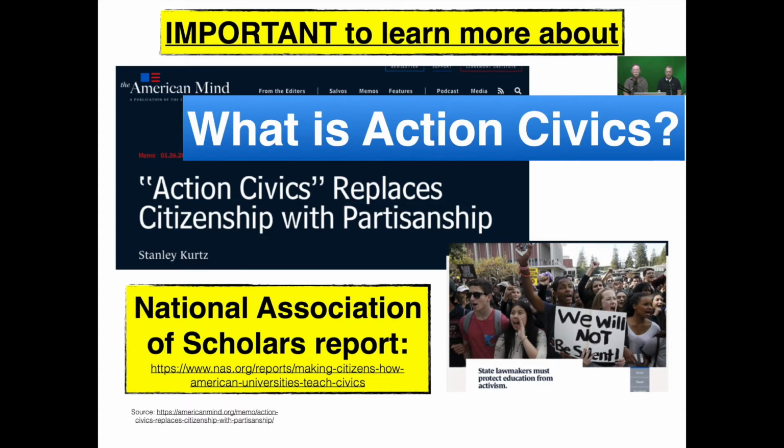Actually, action civics would refer more to the, let's say, college level. I wanted to, this was sort of an extra that came to my attention. The National Association of Scholars, a gentleman by the name of David Randall, wrote a report, and it was published in January of 2017. He did case studies of particular colleges across the country. And this report is like a 500-page report, a result of that work that he did. The National Association of Scholars is in Washington, D.C.